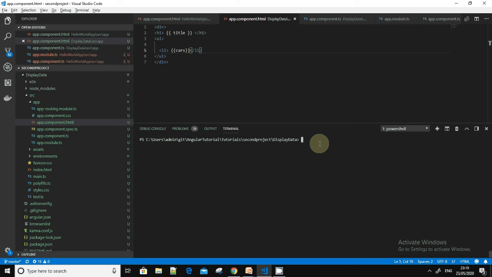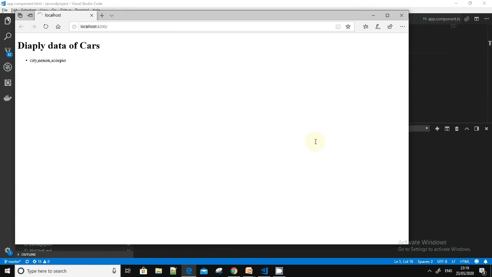I have already created this display data application, so we are inside that application. When you traverse to the application folder, just type ng serve and then open. With serve, it will compile your application, and then with webpack, it will load it into the default browser which you have chosen onto the default port.